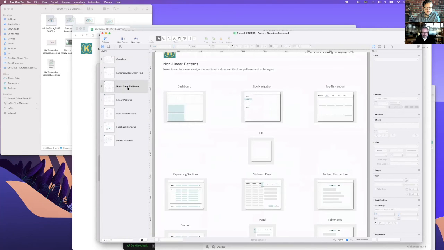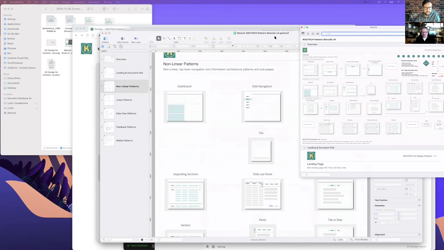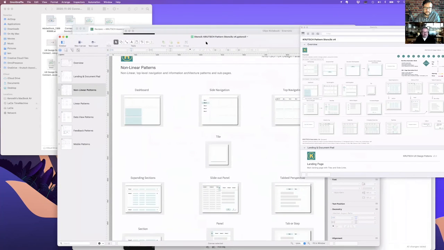There are nonlinear patterns where you're in one part of the app, and rather than progressing linearly through an app, I want to jump to a completely different part of the app. So that includes things like dashboard tiles, top navigation, et cetera. And it goes on and on, data view, feedback, whatever. And so we've got a stencil of these, and we will start with